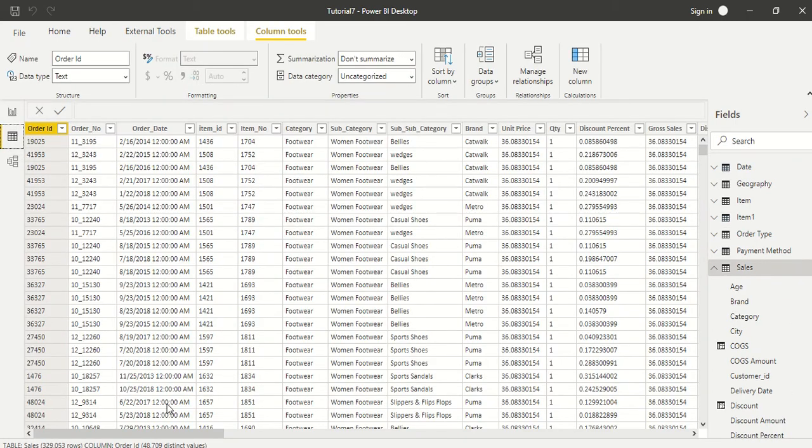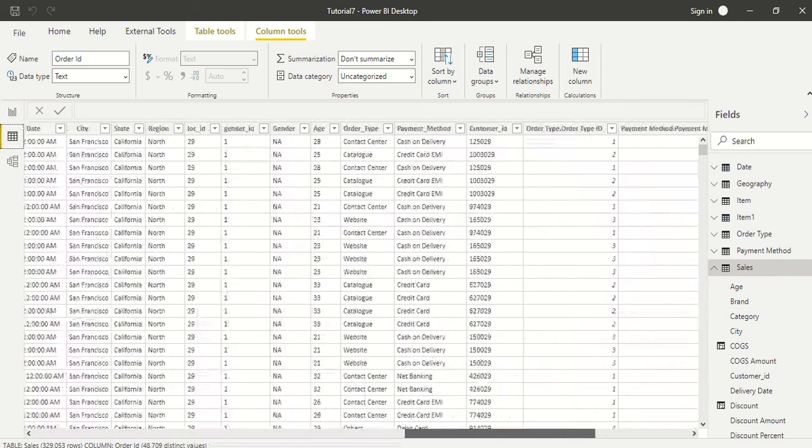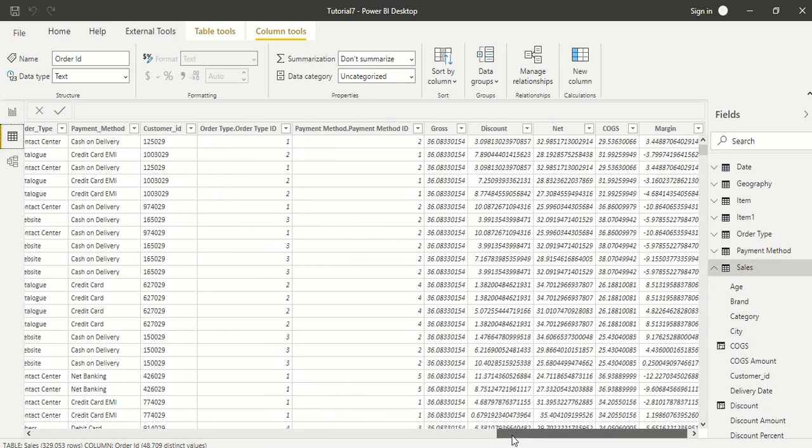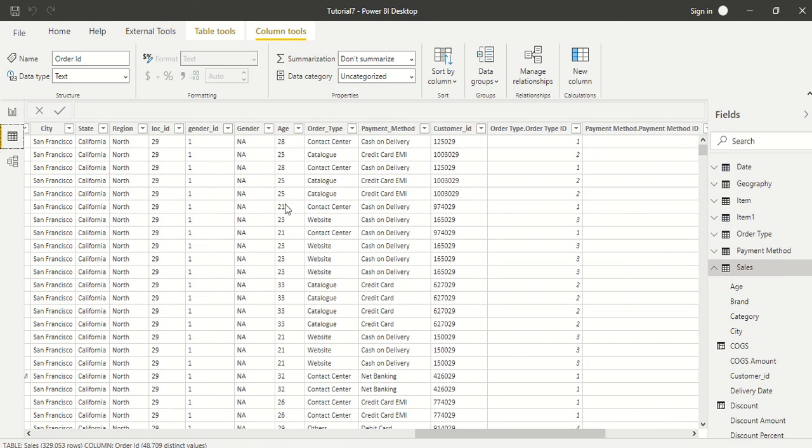So we have this sales table, and if you remember, we have created a few tables and populated those IDs like order ID and payment ID. Today in DAX we are not going to do that on those columns. We have this gender column. We already have a gender ID, but let's try to separate out only gender and then create a gender ID and try to populate it back and see whether we will be able to join back with this or not.